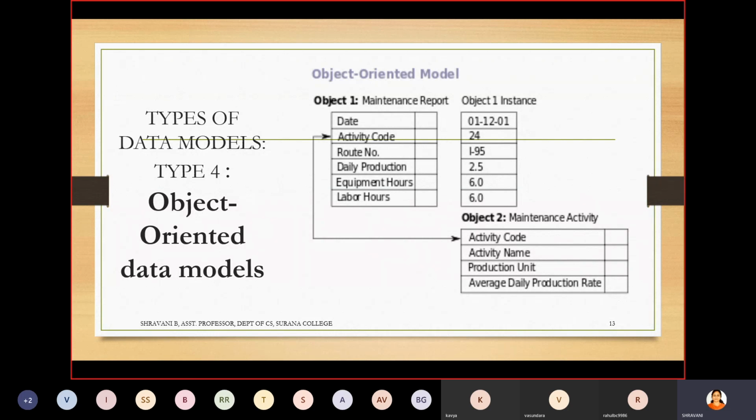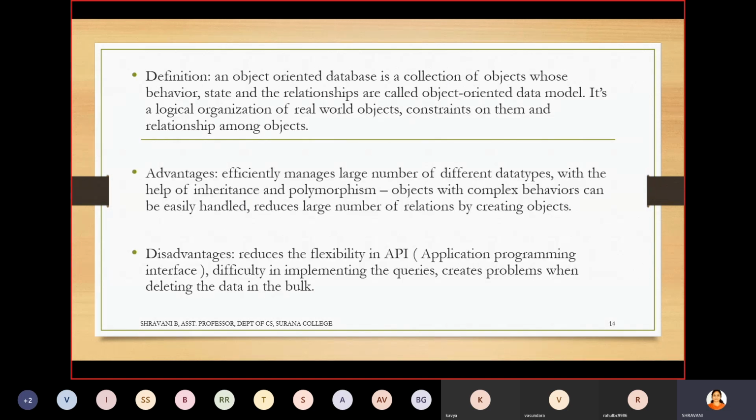And data abstraction, I had told you in the beginning of the data model, is the hiding of data. Here you will know the code, that is 11, and what activity they are doing. But you won't know how many employees are there, what the salary of the employee is, or how he is going to maintain it. That is not needed for you. So these are just 2 concepts of object-oriented programming: data hiding and data encapsulation. Okay, so let's see how it is defined.